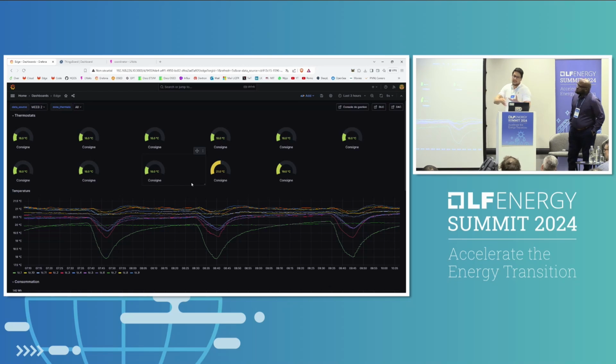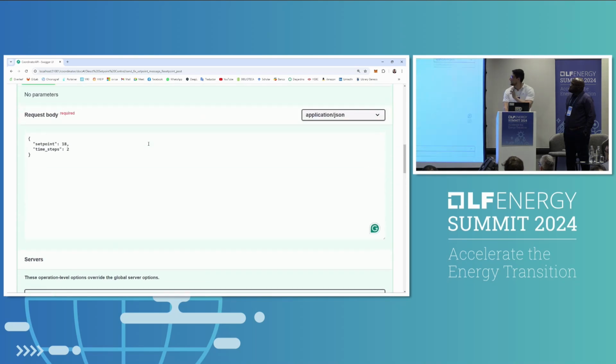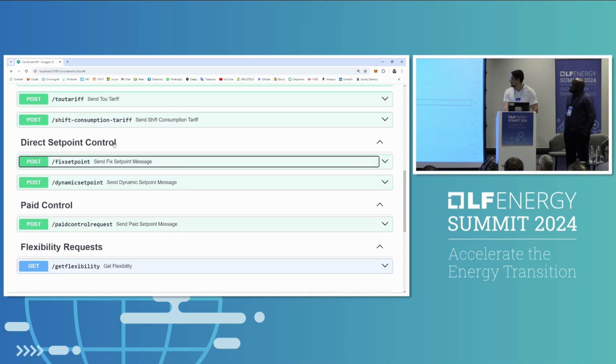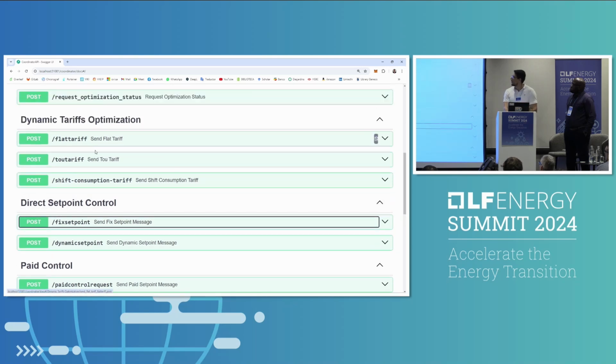So this is, for example, to test the direct control itself. We can do it with batteries, we can do it with electric vehicles, it doesn't matter. It's just to show. So that's actually the idea. We have different types of grid functions. This one is direct control. If you want to pay the users, we can try that one after. If you want, for example, to send a tariff for the next day or for a period of the day, like time of use, you can send it, and the edge will receive the tariff, optimize the devices that it has, and create a profile optimized for the next day.